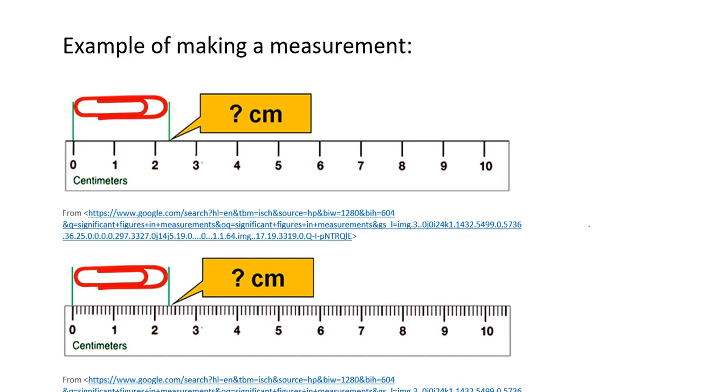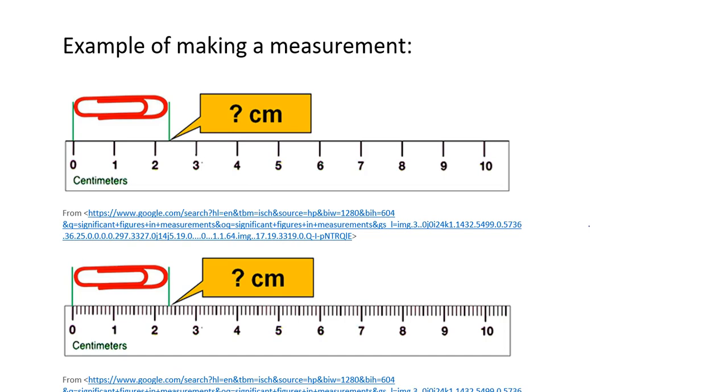Hi everyone. So in this tutorial, we're going to discuss the proper way to make measurements. The way that we record measurements is actually extremely important. It should give the reader an idea of the scale that was used to make the measurement in the first place, and it should give the reader an idea as to how certain the data is when they look at it. And so let's actually practice making a couple of measurements and then discuss more or less what that implies